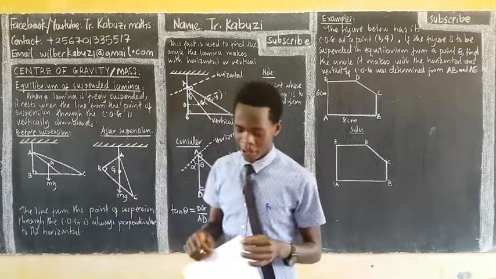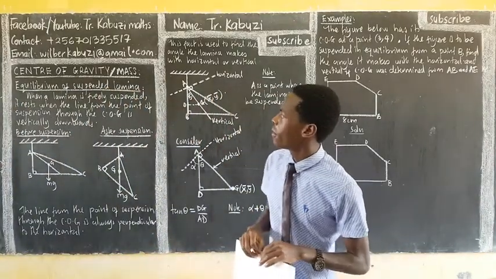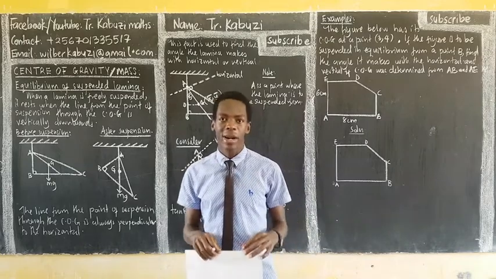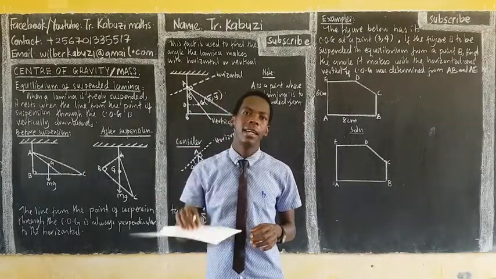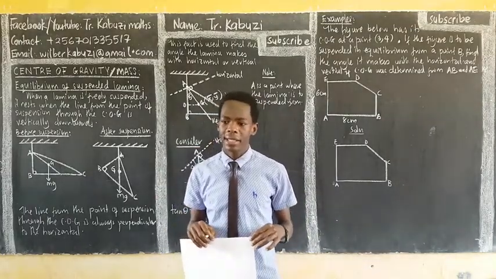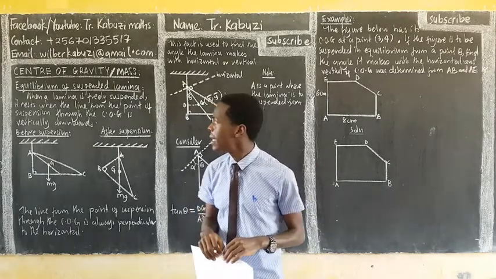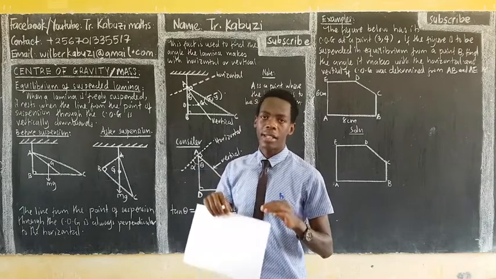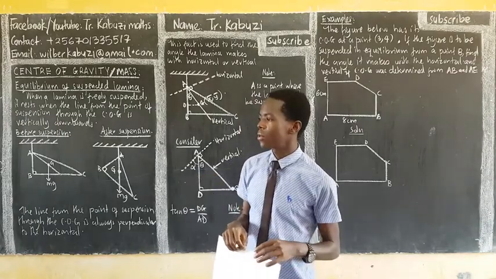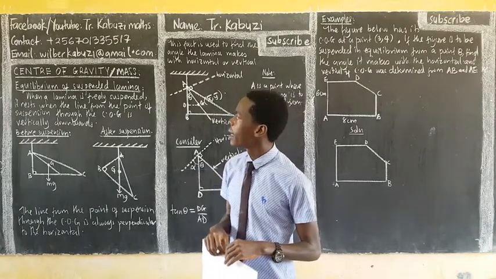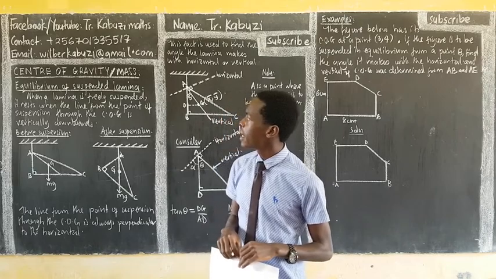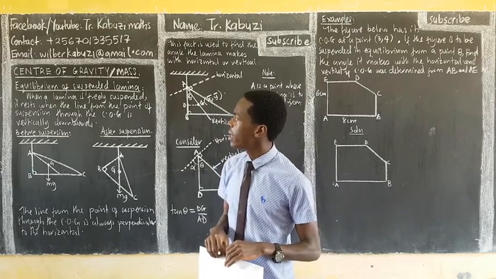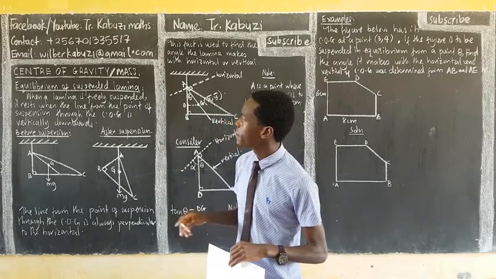Okay, now members, we are going to see the equilibrium of a suspended lamina. Of course, we know what a lamina is. This is a lamina. So we are going to see what happens in the equilibrium of a suspended lamina. Here I have a triangle, but I'm going to use a rectangle so that you can see it also applies there. When a lamina is freely suspended, it rests when the line from the point of suspension